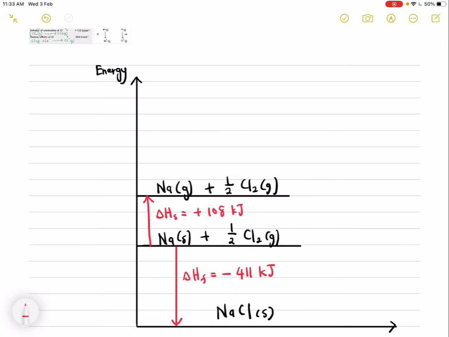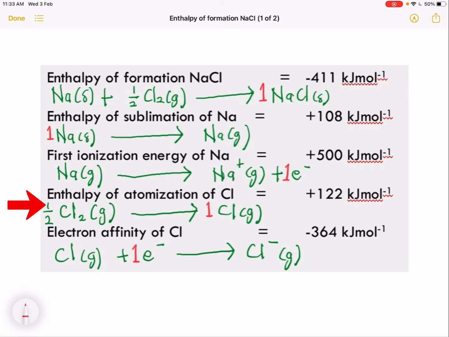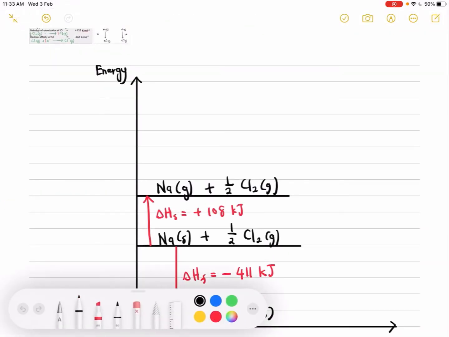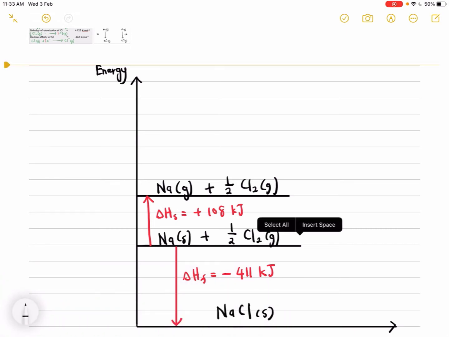Next, we go to the atomization of the chlorine. So according to the atomization of chlorine, half Cl2 gas will form 1 mole of chlorine gaseous atoms, and this enthalpy is also positive. So in this case, again, we didn't do anything for the sodium anymore, and we will do the enthalpy of atomization for the chlorine. So half Cl2 gas will form Cl gaseous atoms,